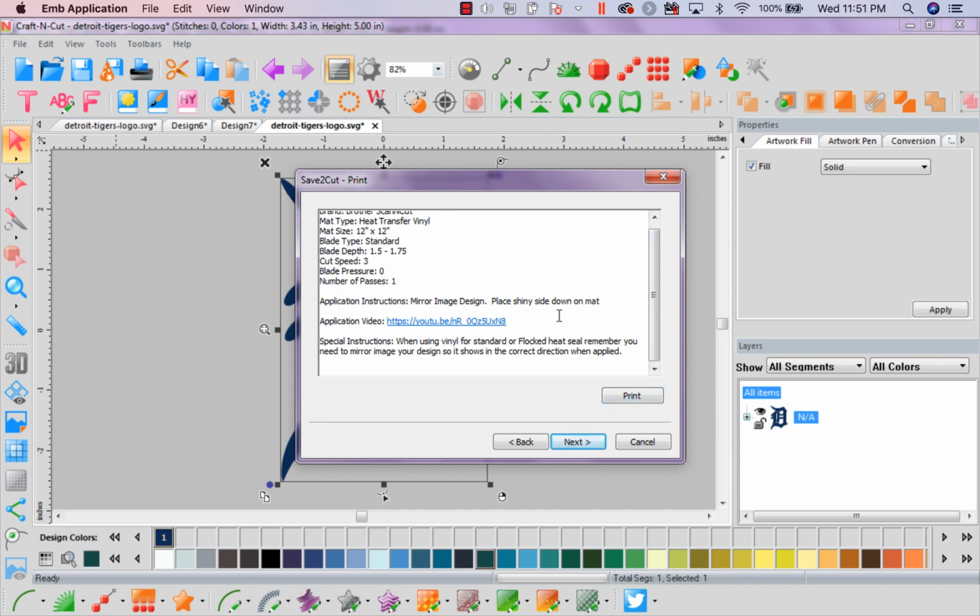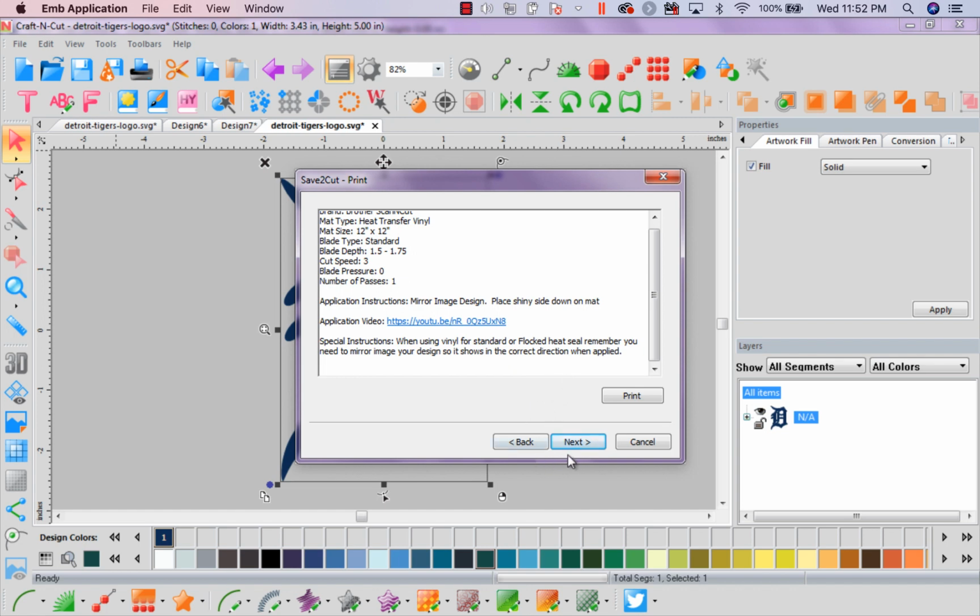So now I know I want the shiny side down on the mat so that it will cut through, and I will have that contact paper that I'm using to press this on with. If you're not sure what I'm talking about, of course you can go to the application video and Hope will explain that in detail. What's the shiny side? You want the dull side looking at you, shiny side down, so that you cut this properly,